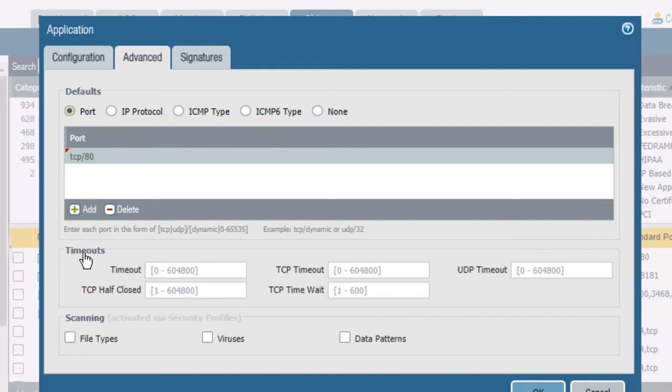The timeout section enables you to override the firewall's global TCP or UDP timeout values. To display or modify the firewall's global TCP and UDP timeout values, browse to the Device tab, select Setup, and then Session, and then click Session Timeouts. We will not do that here because we would have to dismiss this in progress window to view the session